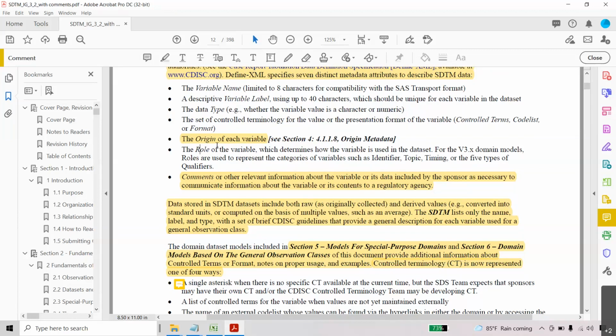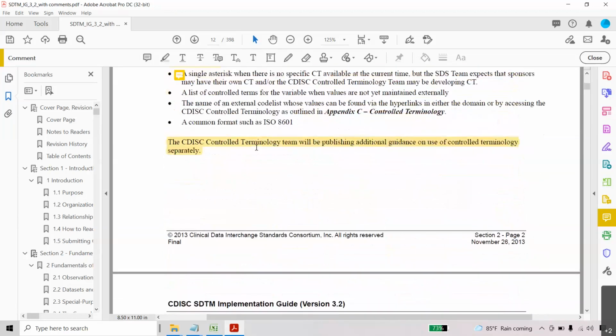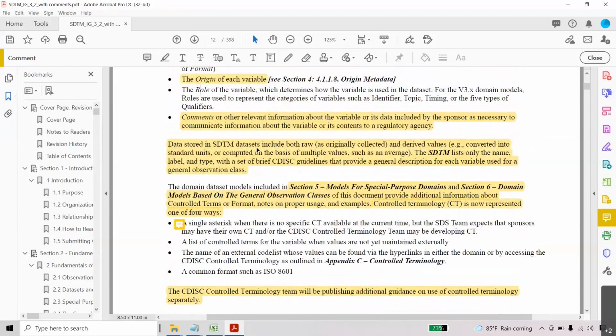That information is very important. The origin of each variable is mainly seen like CRF. You can see here that in one section the origin of the data is also present.